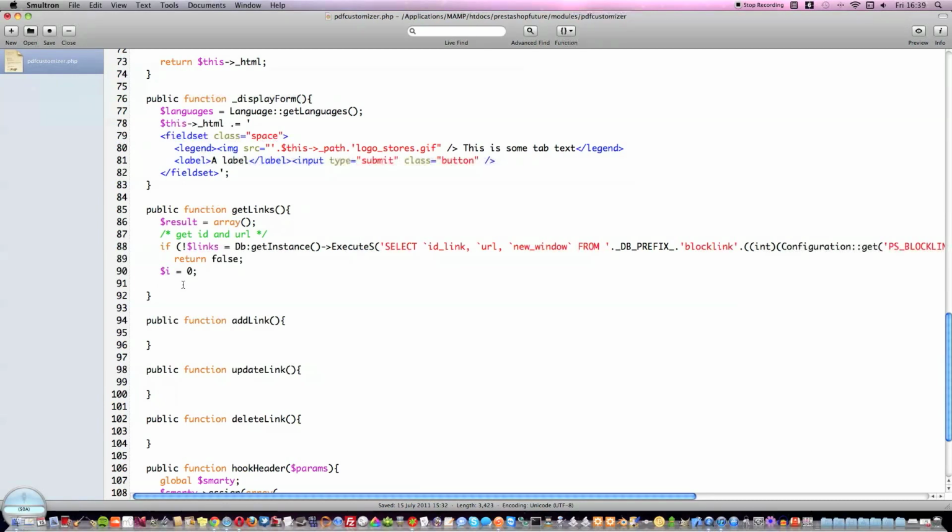But because we're using a foreach loop, we need an automatic numbering system that goes through without being in the actual declaration. So, foreach links as link,